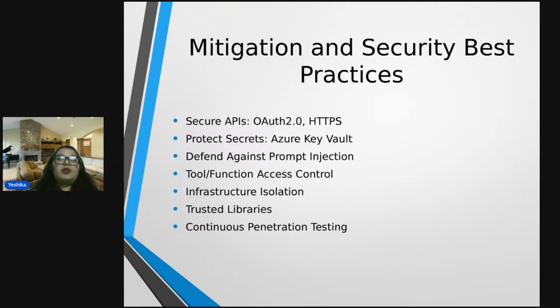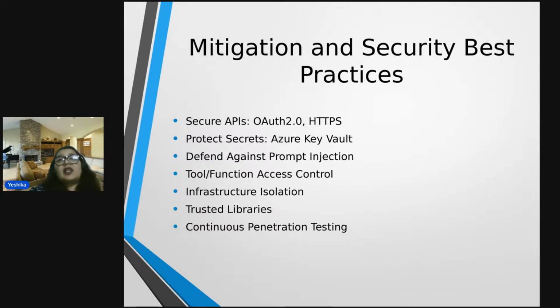Infrastructure isolation. If there is certain behavior you have been monitoring for any particular service that you are providing via your agent, and you think this is unusual behavior, then you have the capability to isolate that particular infrastructure, including all your resources and in fact the entire hub that was being utilized. Through that, your other subscriptions, hubs, resources or projects do not get impacted.